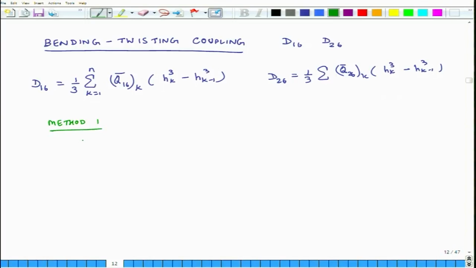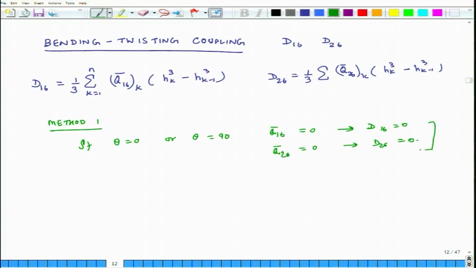If for all layers either theta is 0 or theta is 90, then Q16 bar is equal to 0, and that means D16 equals 0. Similarly, Q26 bar is 0, and that implies D26 is 0. Okay. So, this is one approach,